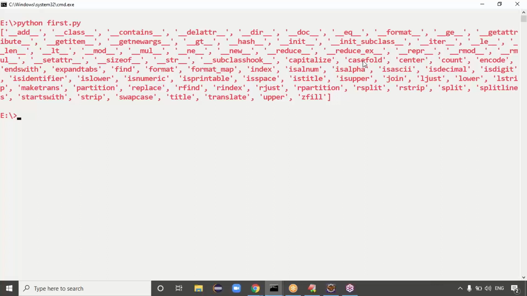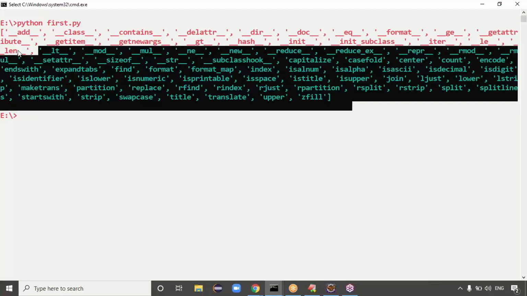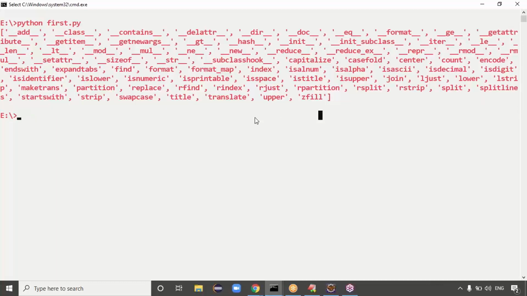These are the functions, guys. See here, capitalize function is there, count is there, isalpha is there, isalnum, index, isnumeric, islower. Some other functions are partition, replace, rfind, rindex, rjust, rsplit, right split, left, sorry, split is there, guys. Right split also there. So try to check these functions if you want. Strip is there, split is there, upper is there, translate, swapcase, startswith, title. These are all the functions present in the string class, guys.